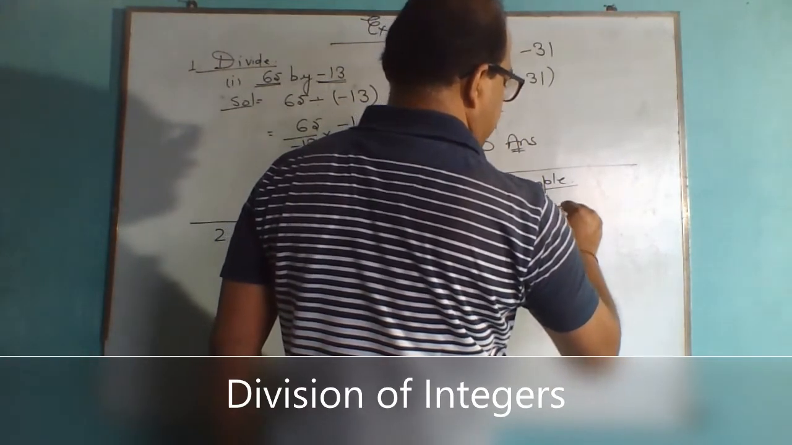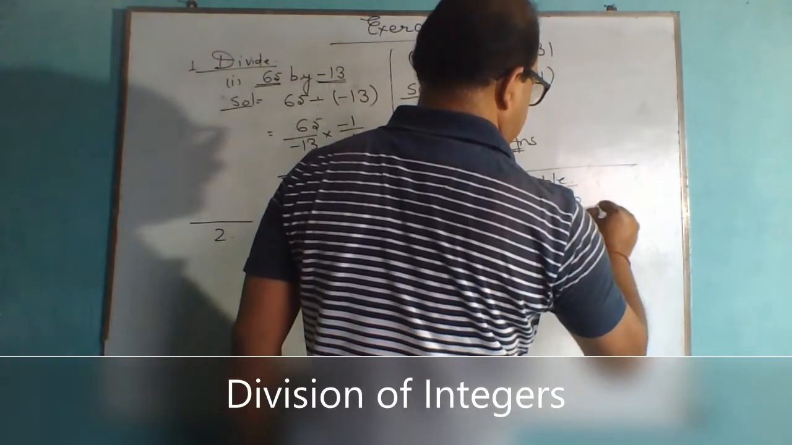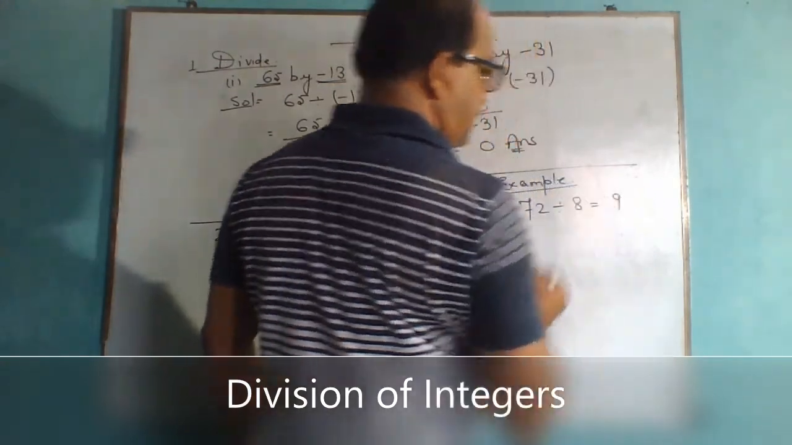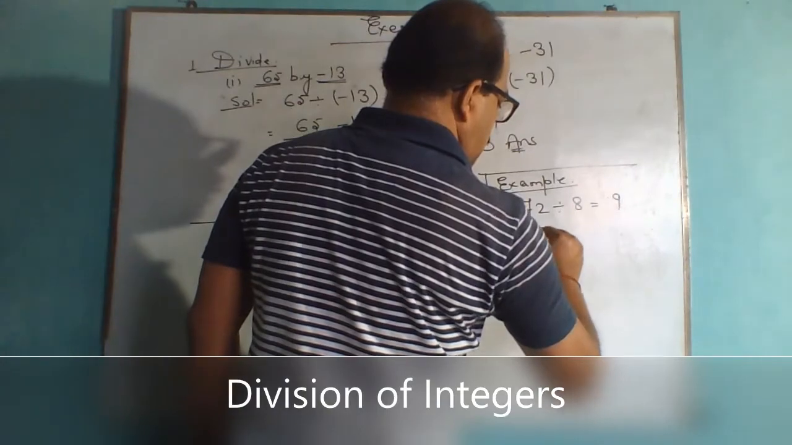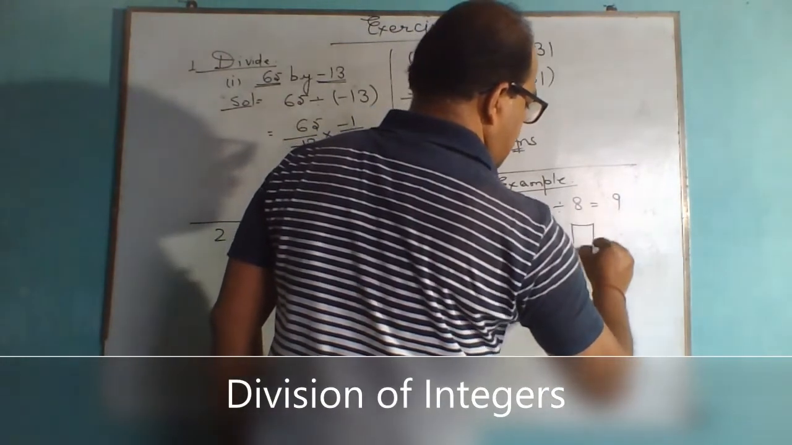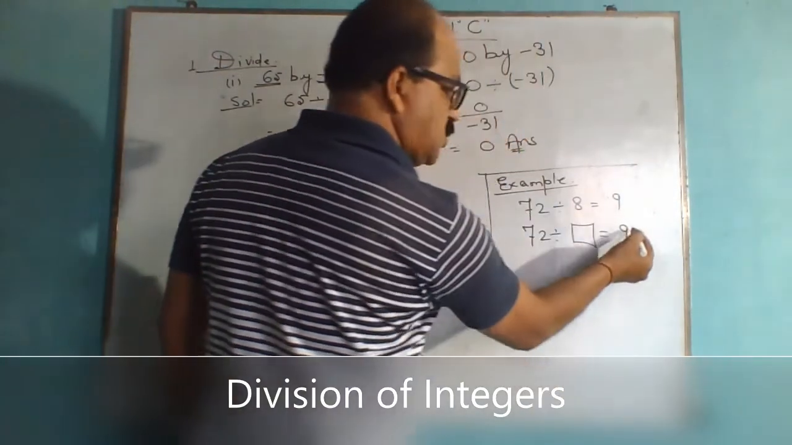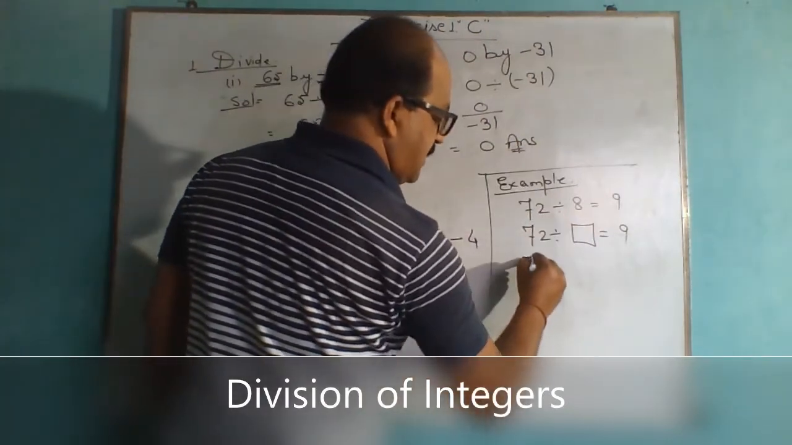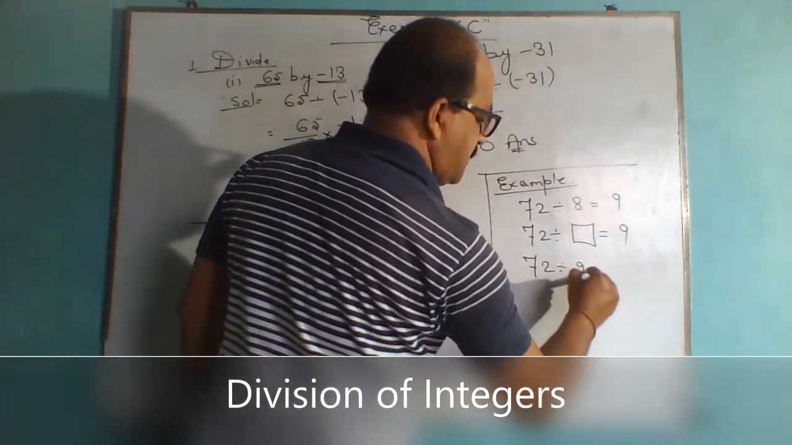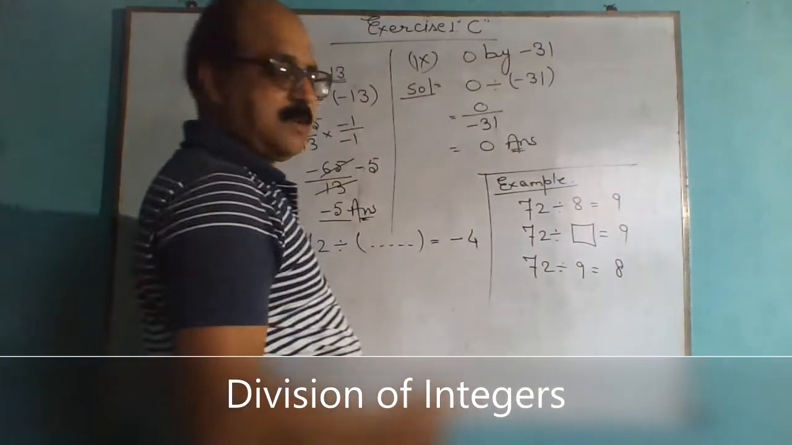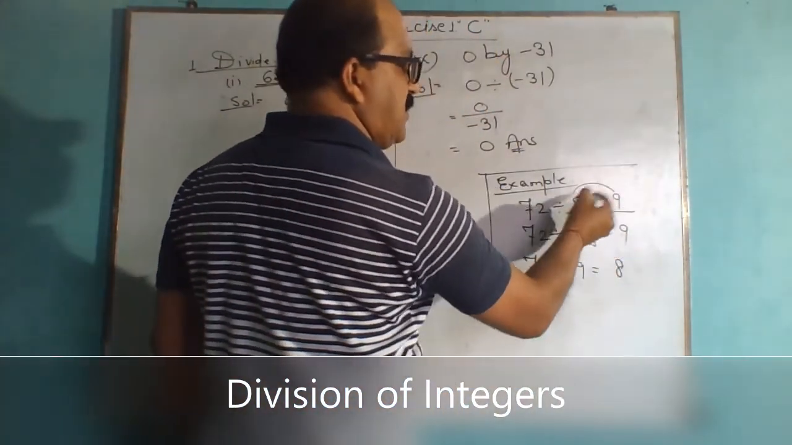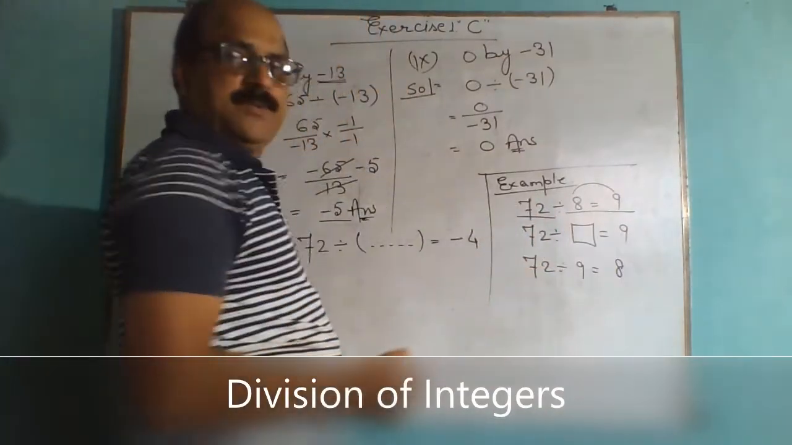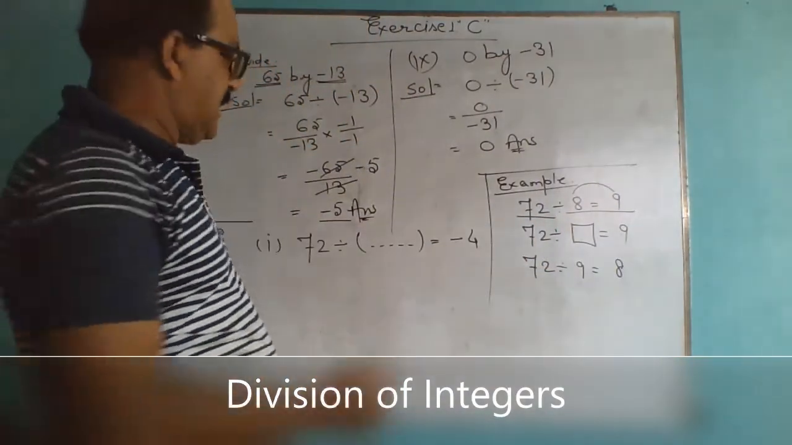72 divided by 8 is equal to 9. So 72 divided by what is equal to 9? It means when 72 is divided by 9, we obtain 8. Because both relations are multiplications. When we multiply it, we get 72. Like the same here,